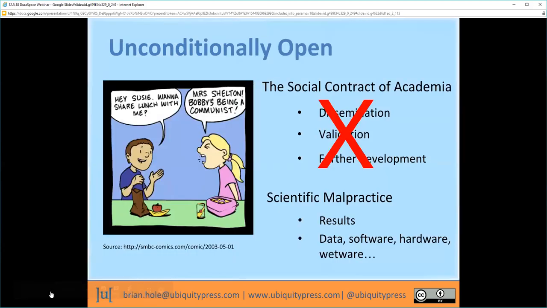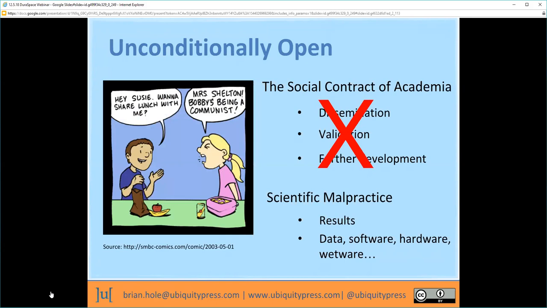At the same time, we're an unconditionally open publisher. And when we started off, people reacted a little bit like the cartoon on the left of the screen, saying, you're just being idealistic, there's no business model that will work, etc. But for us, being unconditionally open was really important because it's all about the role of a scholarly publisher. Our role is to